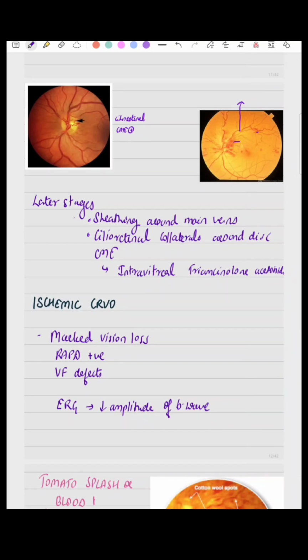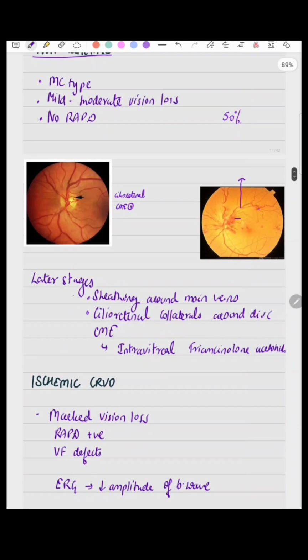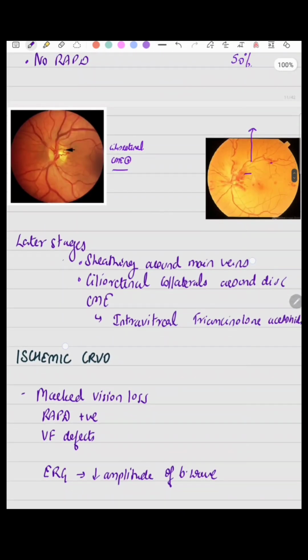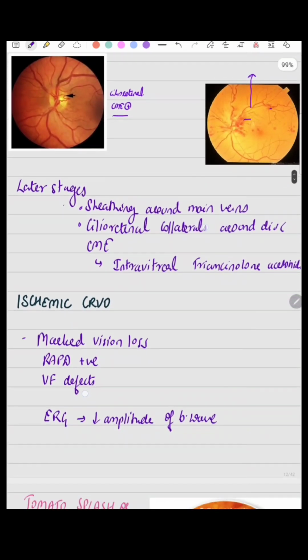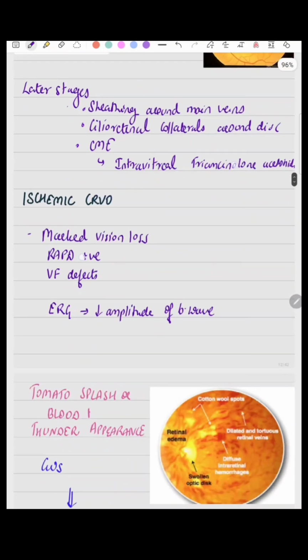50% of these cases will resolve spontaneously with normal vision. In the rest, visual loss is due to the cystoid macular edema. For cystoid macular edema, intravitreal triamcinolone acetonide can be given. Now, ischemic